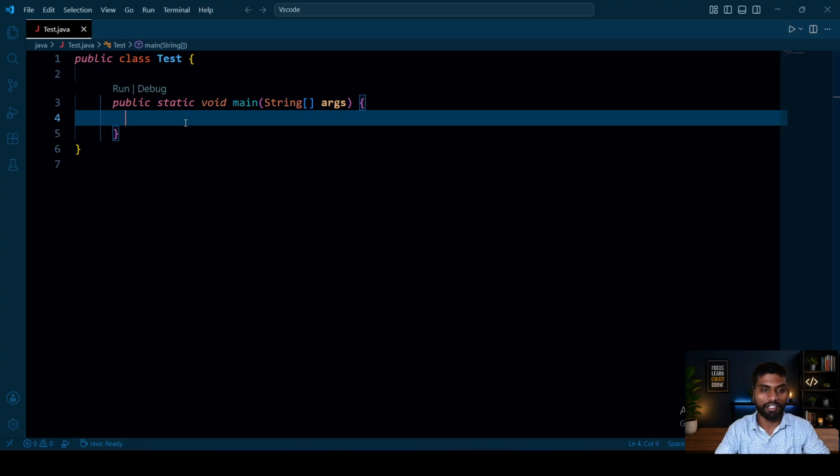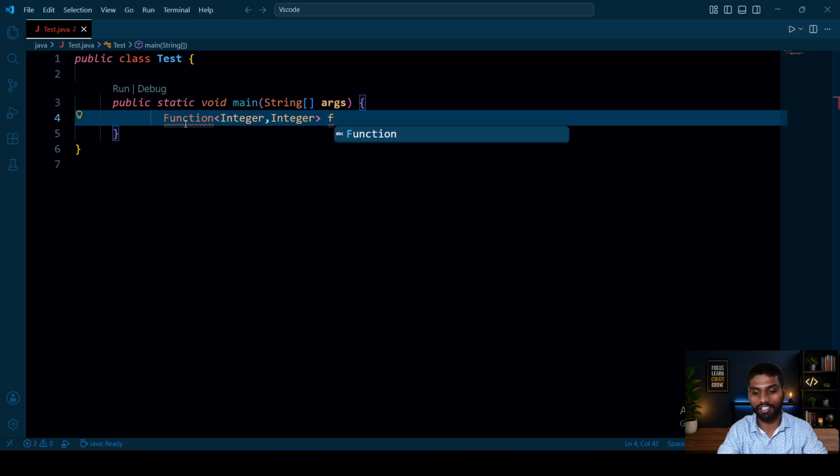Just remember, suppose I create one functional interface. That is Function, which is available in the java.util.function package. I want to give the input in the form of an Integer, so I pass Integer here, and I want the output also in the form of an Integer. Okay.